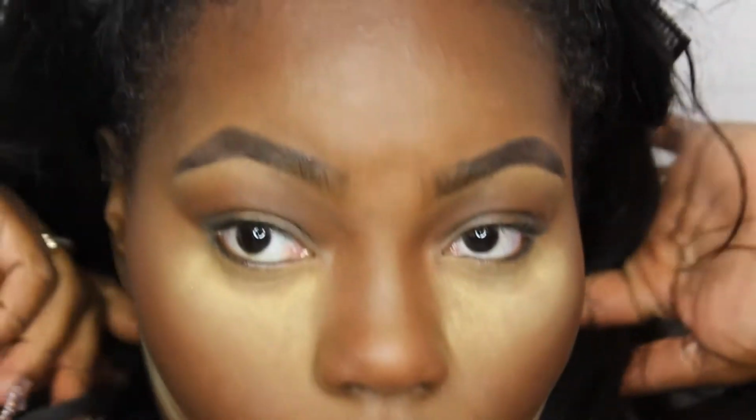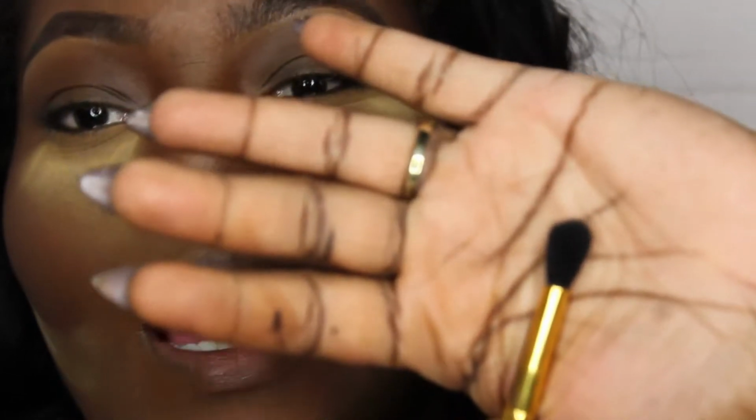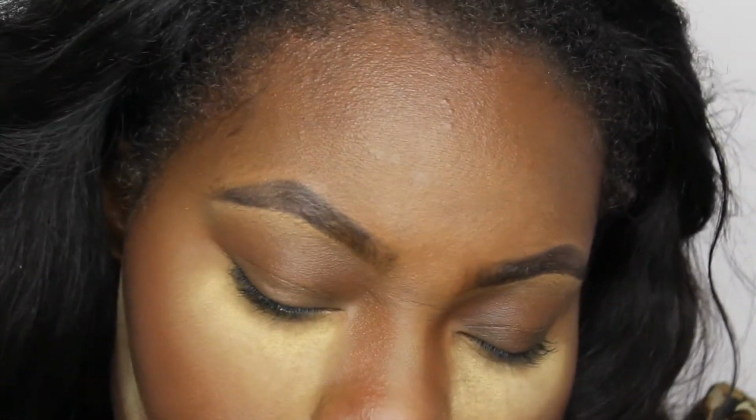Okay, so now we're going to start defining our crease. Because this is not going to be a cut crease, but it's going to be defined. Our crease is definitely going to be defined. I'm going to take this brush, which sort of kind of comes to a point, but it doesn't. I don't explain it, but it's just a smaller blending brush. And I'm going to work with...